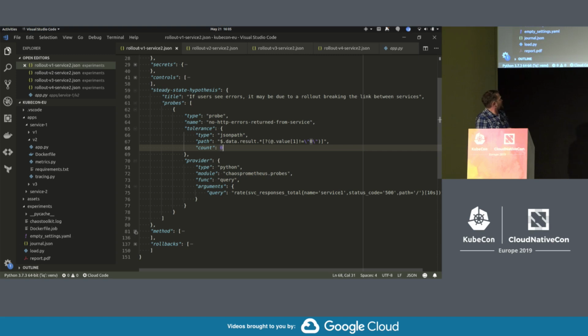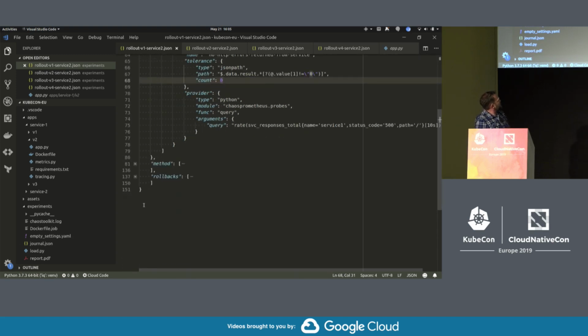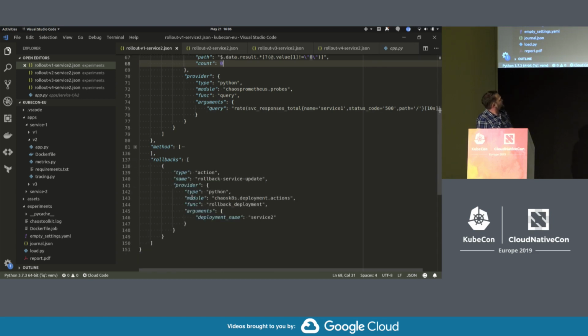Right. Quickly, because I won't go straight away to that. Quickly here, what time is it? Right. We have got rollbacks. Rollbacks, I just want to go quickly on that. Rollbacks are not about setting, at least in Chaos Toolkit and chaos engineering, not to put back your system where it should be. It can't know that, because if you've discovered something you didn't know, how could you actually have prevented that anyway, or put it back, right? What you do usually is you undo what you've done. So in this one, we simply do a rollback of the version we rolled out, right? That's it. So how does this look?